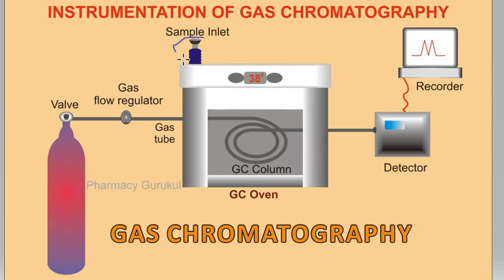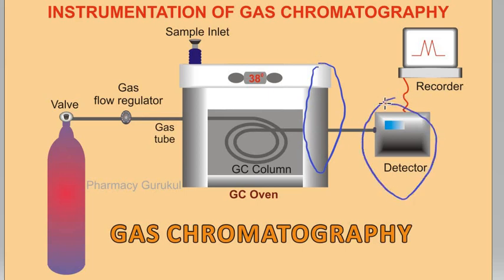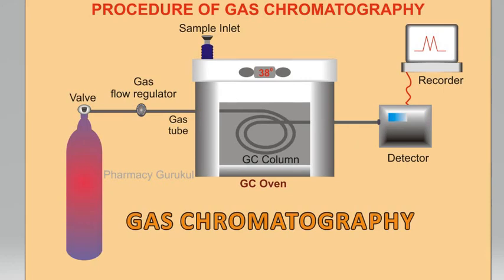The next component of the GC instrument is the injection system, where the liquid sample is injected by microsyringe. The next very important component of the GC system is the separation column. This is the heart of gas chromatography. The next important components of the GC system are thermostats, which maintain temperature, and detectors. Detectors sense the arrival of separated components, and the recorder is used to record the responses obtained from the detectors.